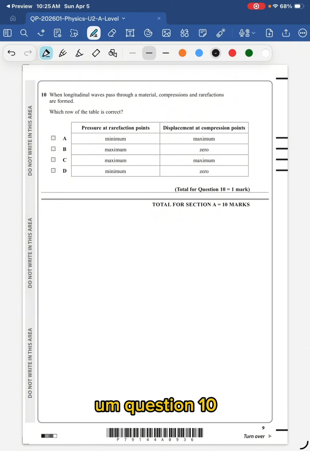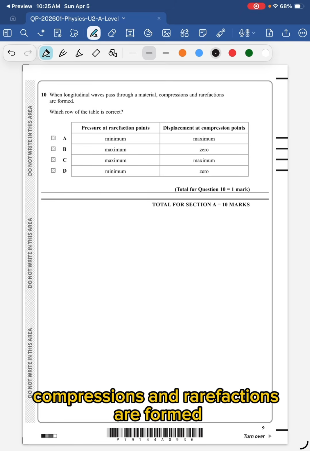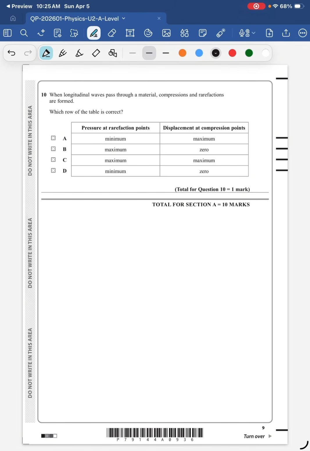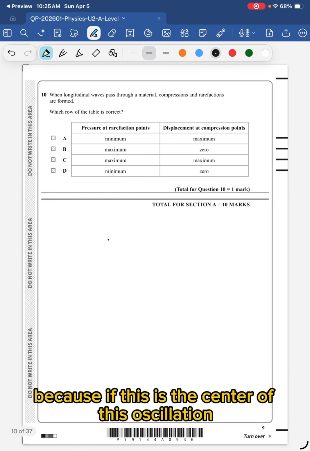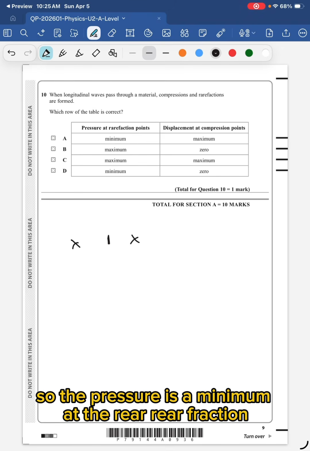Okay. Question 10. When longitudinal waves pass through a material, compressions and rarefactions are formed. Which of the table is correct? So the pressure at the rarefaction points is minimum, right? Because if this is the center of this oscillation, the particles will be away from it. Okay, so the pressure is a minimum at the